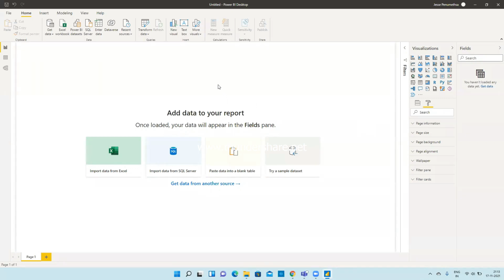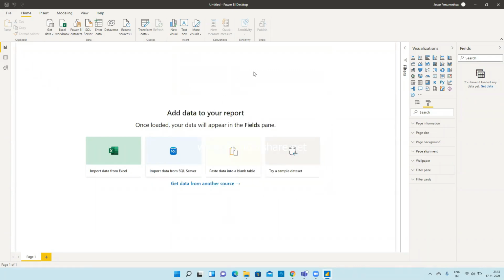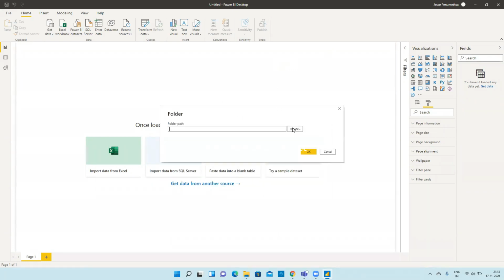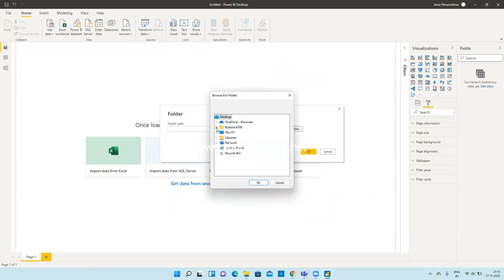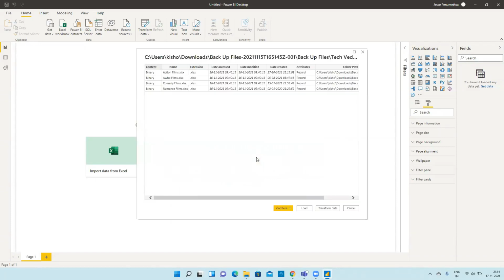For example, I will take data. I will connect to a folder, get data, more. I will connect to the same folder with the action films, awful films, the same folder, which is in downloads.